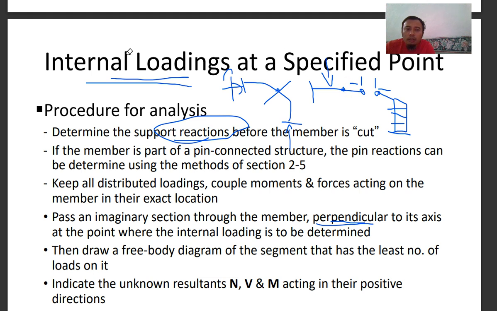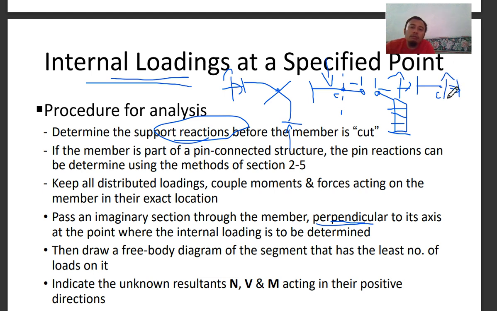So what you want to do is find a point at C, for example. So you need to cut at C. You cut at C, and then draw a free body diagram of the segment. Let's say C here. Then you draw the free body diagram, provided that you need to find the reaction first, then only you can determine the value at C,